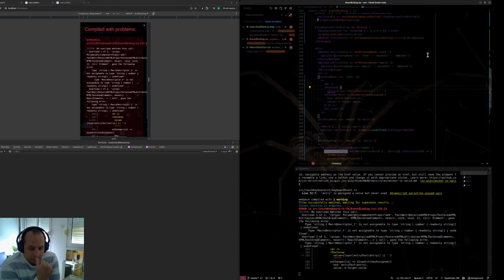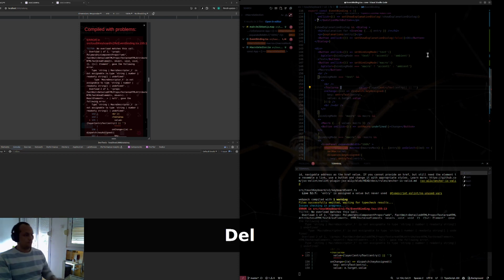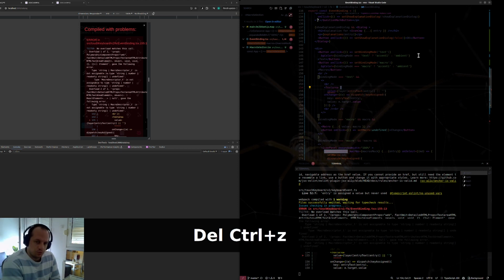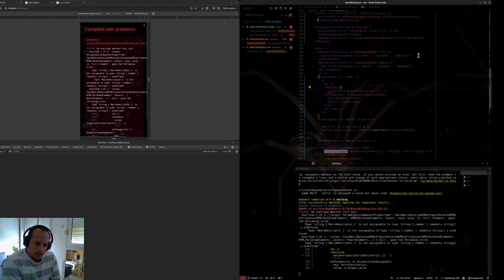If we want to listen to this scenario, so if we want to let a user assign a snippet to an entry, and then when a snippet is assigned, we want to let the user